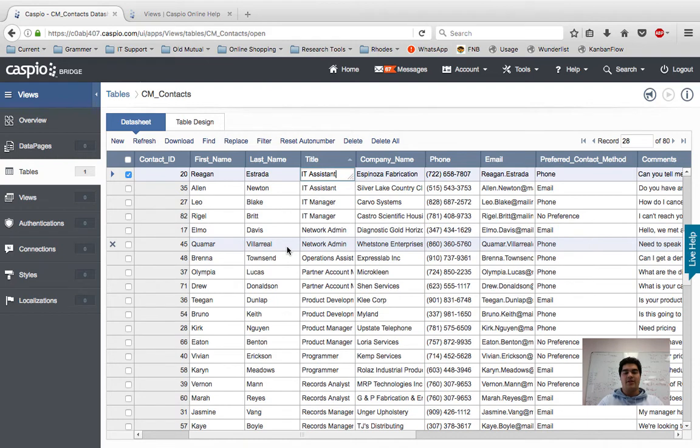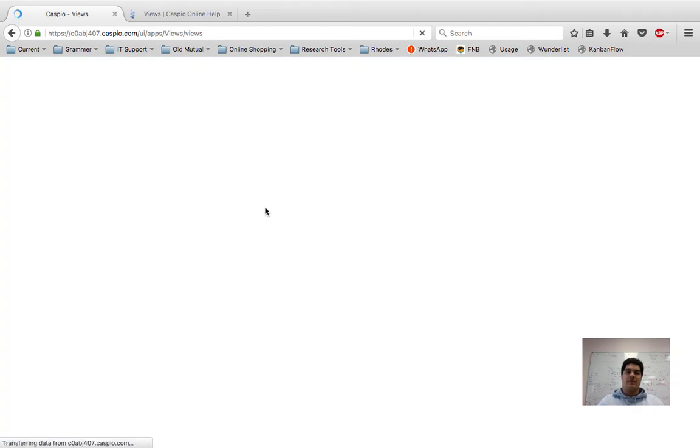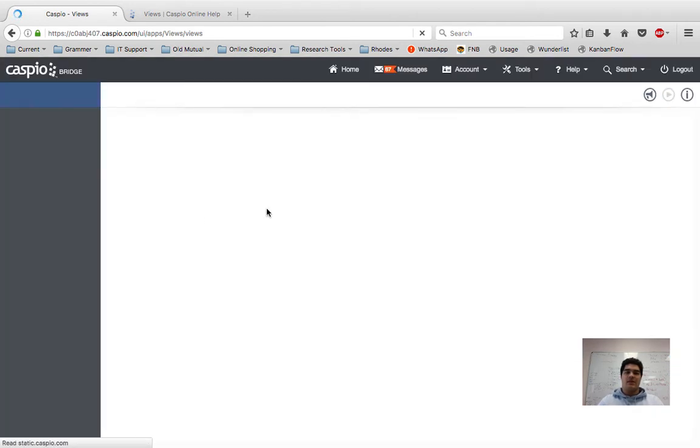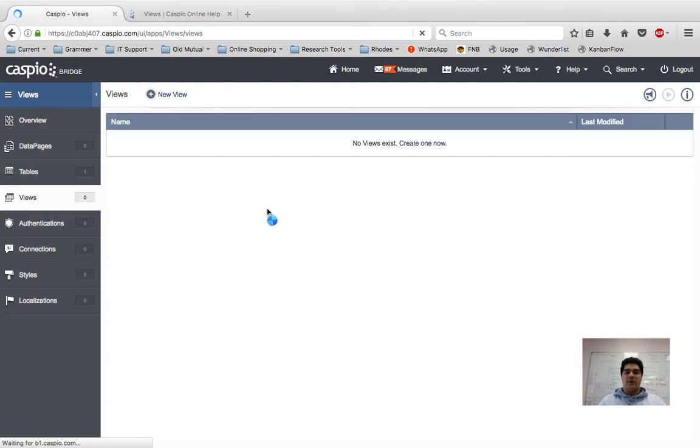Now, the first step to creating a view is obviously to go to the views section. When we're in this section, what we want to do is create a new view. I'm going to click on New View up at the top here,